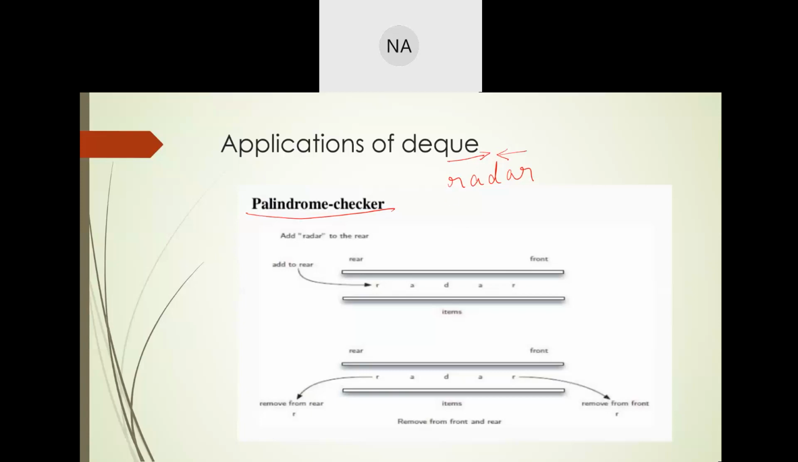The algorithm is very simple. First you insert this string radar in a deck. Say this is your left hand and this is your right hand. You add the letters of the string from the left side one by one, so RADAR will be inserted. Once the whole string has been inserted, you delete a letter from the left side